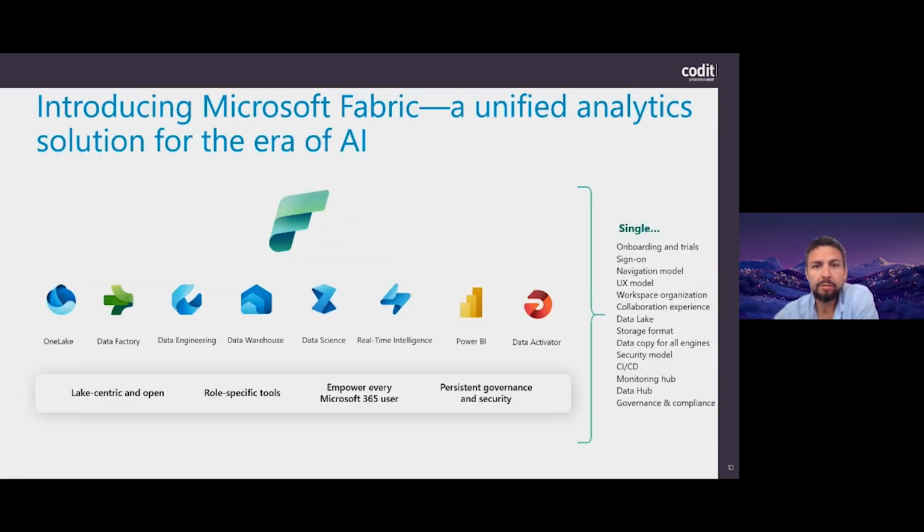And that's where Microsoft has listened to the market and came up with a product that could facilitate everything that an organization wants or needs, in a single software as a service solution, where we bring all of these experiences together in one central application, so the business and the professional people can effectively use them side by side. And this is what Microsoft Fabric is all about. They have bundled the 7 experiences all together, depending on which role or persona you are.